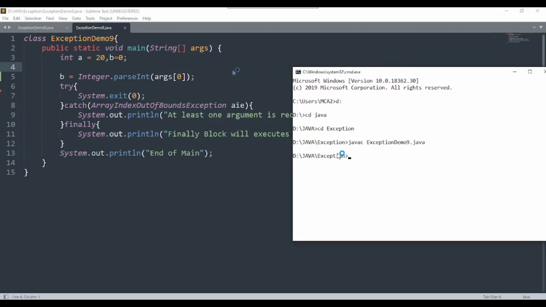When the file is compiled, the class file will be created, and the name of the class file will be ExceptionDemo9 over here. So now the file is compiled successfully, and now I am running the file, java ExceptionDemo9, and I am providing the input value from the user. Say for example the user has entered a value, that value will be stored into the b variable, but before that we need to convert it into an integer. So when the user has entered any numeric value, that will be converted into an integer, but if the user has entered any non-numeric value,